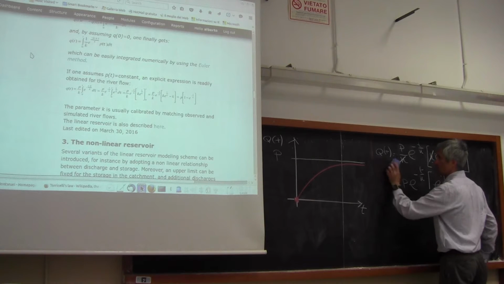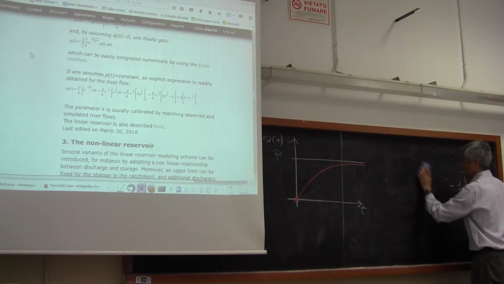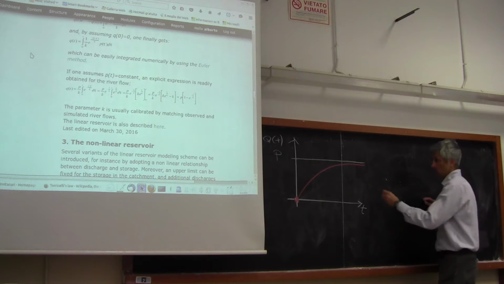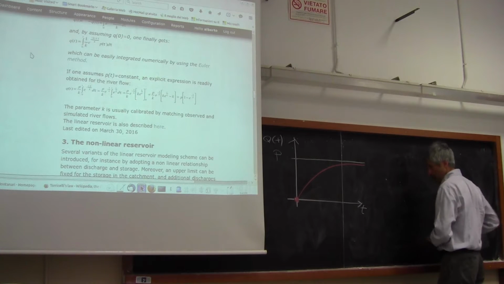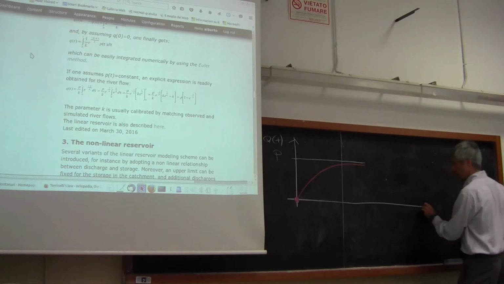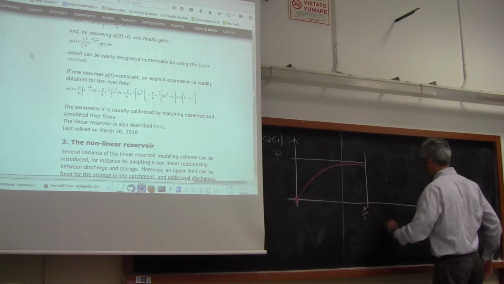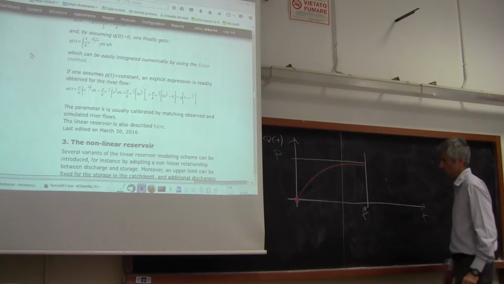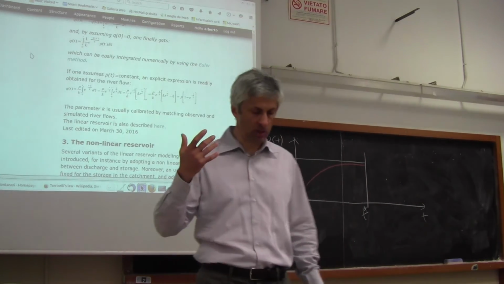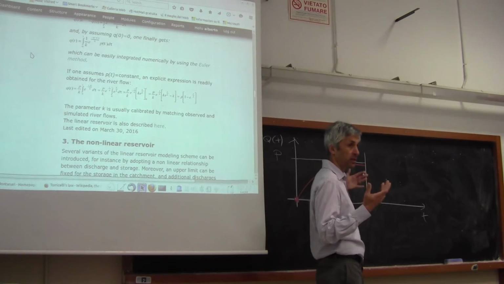What actually happens, even if one gets constant rainfall, is that at a certain time, rainfall stops. Let's make this horizontal axis longer. Let's suppose that at time t star, rainfall stops. So what happens here? Because you may say at this stage, I cannot recognize this situation in my equation,